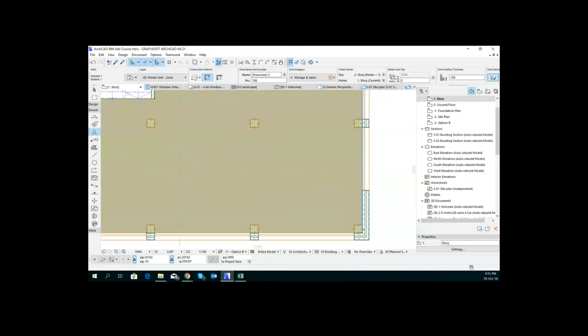If for some reason you've got a fraction of a gap between a wall and another wall, and you put that associative zone in it, it will sort of expand up through space till it finds something that bounds itself,